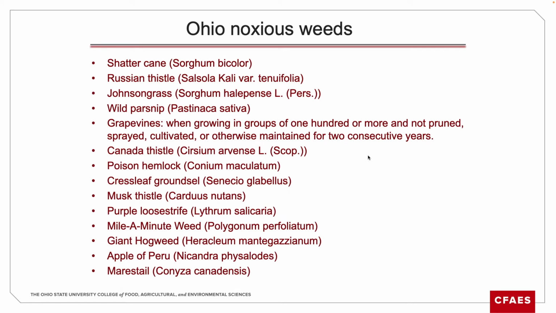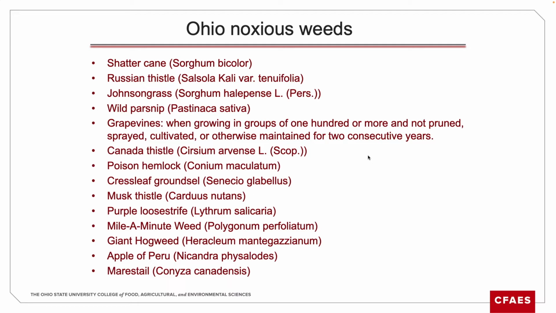So here's our list. It's actually a relatively large list compared to a lot of states. The survey that we did on this, some states have 6 or 8 weeds on their list. There's a whole smattering here. Some you recognize, some you may not. Some of these are on here just because they're a problem in other parts of the country and we don't need them here. And so, the goal is to make sure that they don't get started.